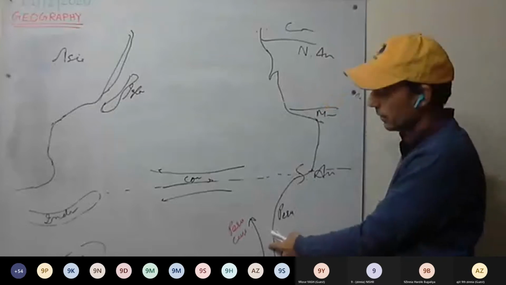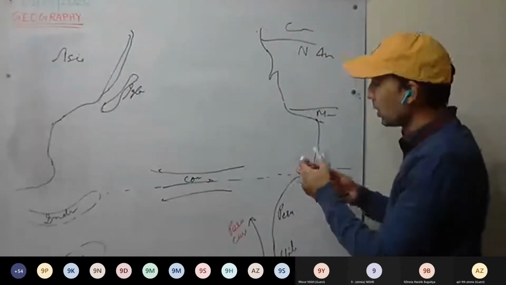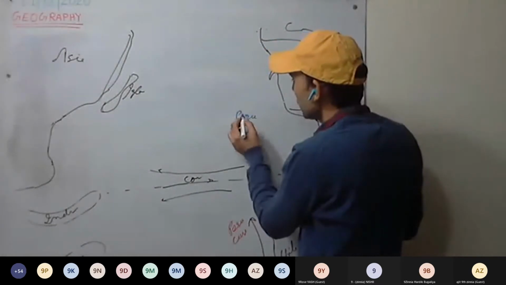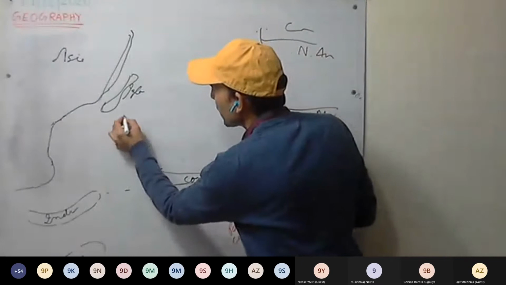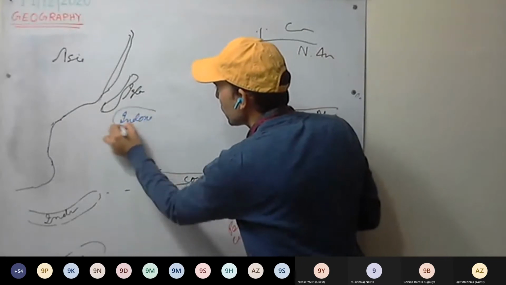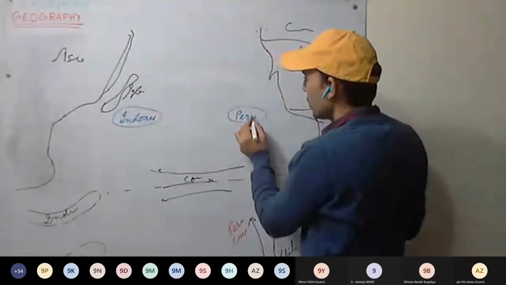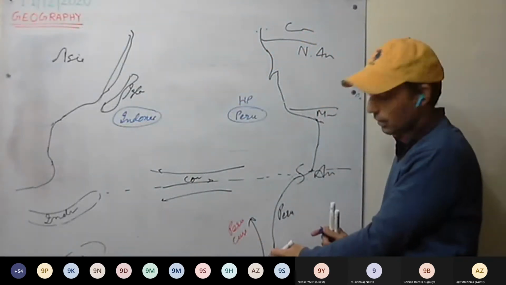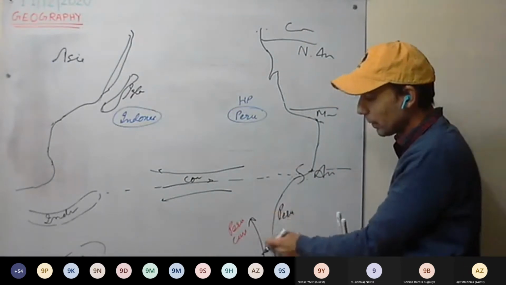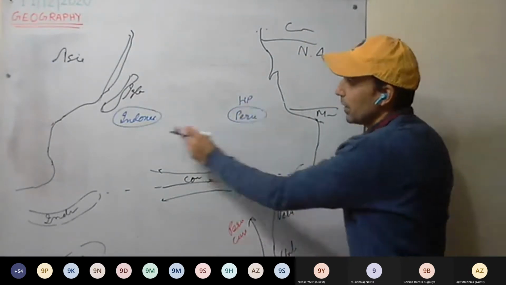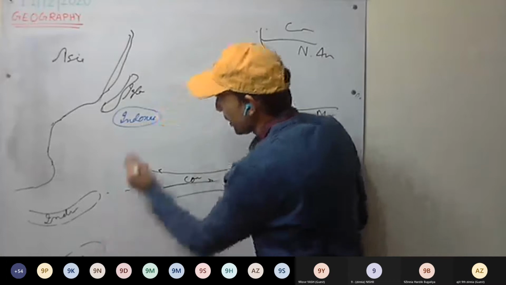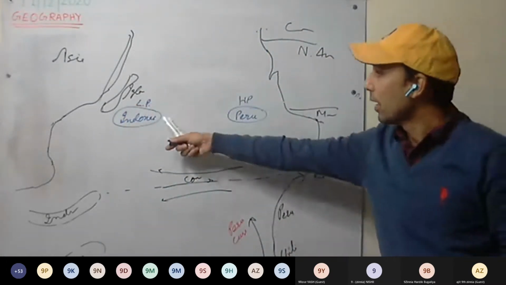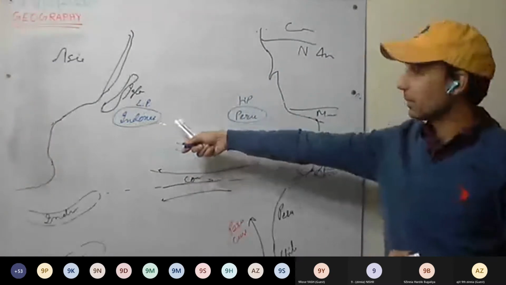So here there will be high pressure. If I draw here Peru, and here Indonesia, for example, this is Indonesia, this is Peru. Here we have high pressure because a cold current is there. Near Chile, near Peru, high pressure will develop. In Indonesia, see, it is a warm current, so here there will be low pressure. This is clear? High pressure, low pressure.